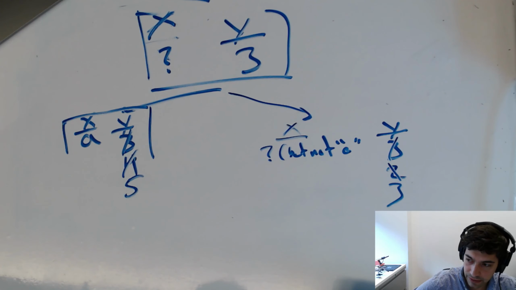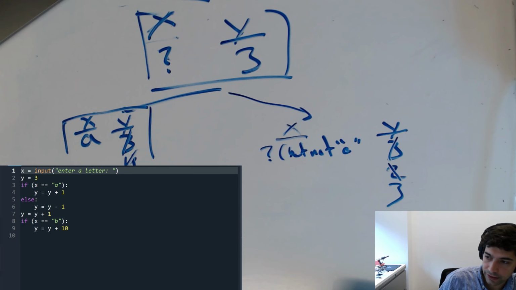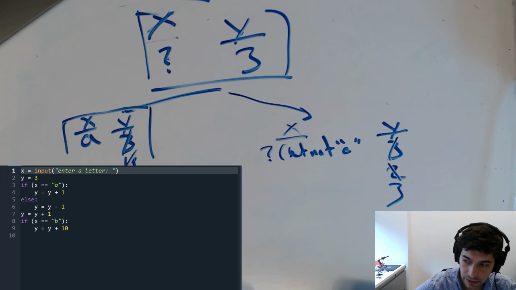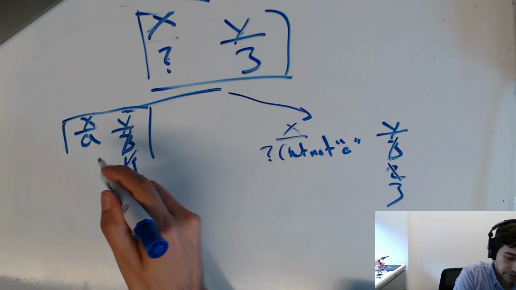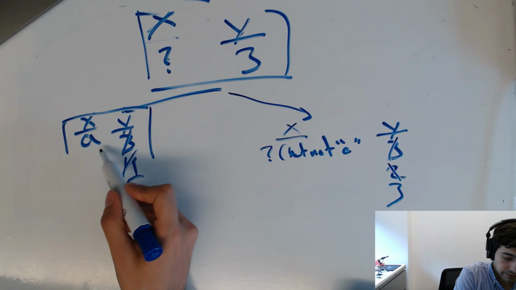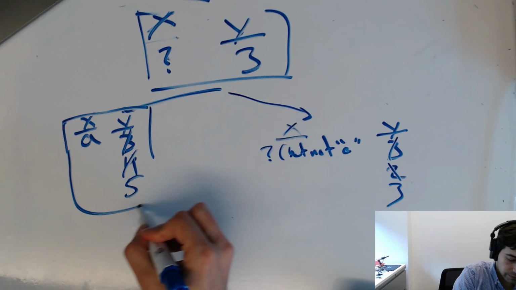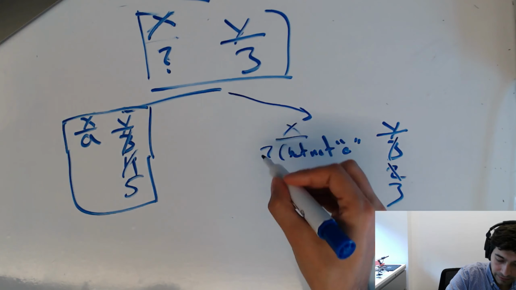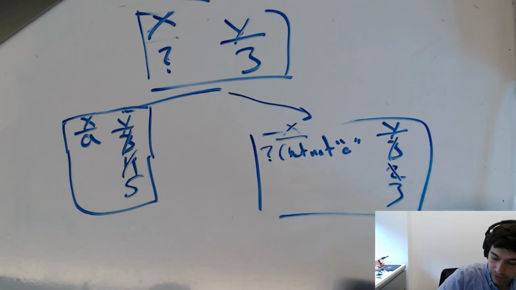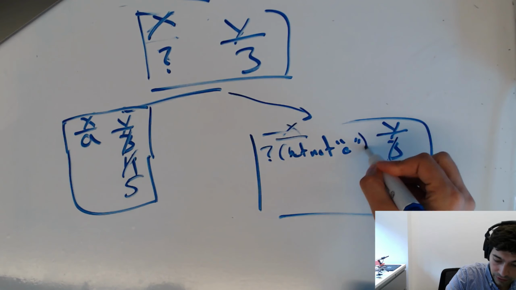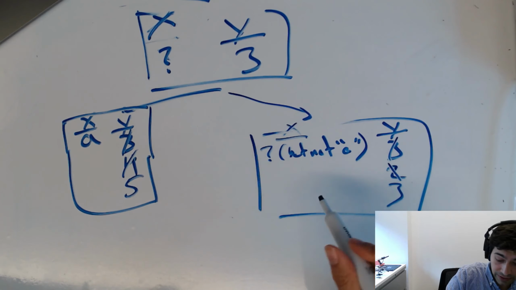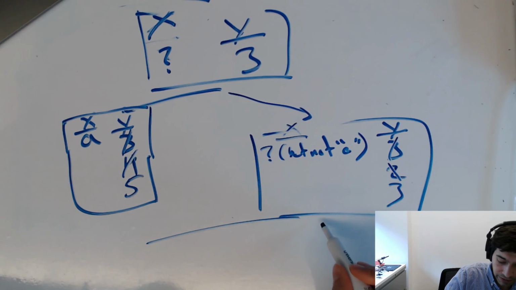Okay, great. And now what's the next line on the agenda? Line 8 in our code: if X equals B. Well, we know over on this side here that X definitely doesn't equal B. We could only be here if we had A. So we're done with that. And now here, we said we don't know what X is going to be, but it's definitely not A. So it could still be B. At this point, it could either be